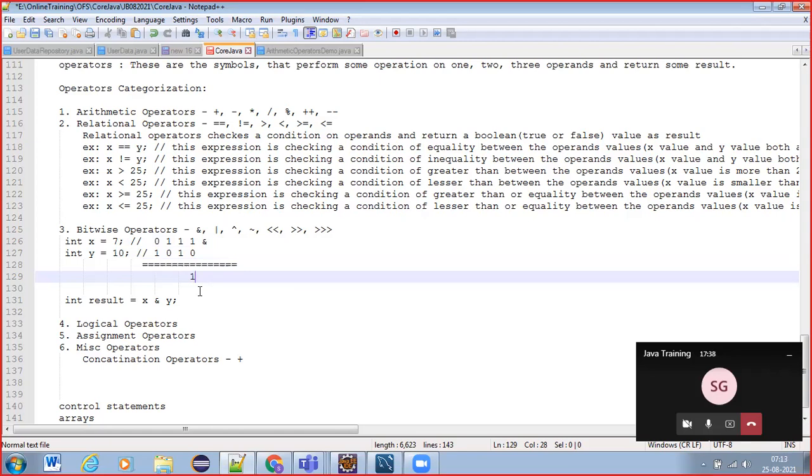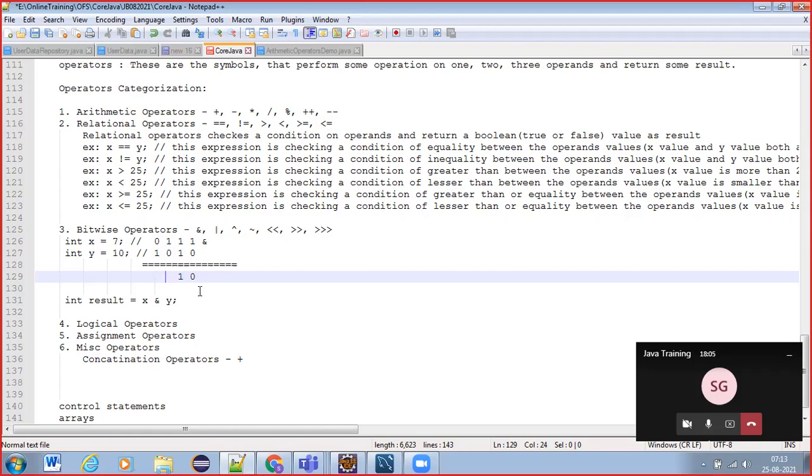1 or 0? 1 only, right? And 1 and 1? 1 and 1, 1. Okay, 1 and 1 is 1, and 1 and 0? 0, right? Yeah, I forgot, guys. It's been a very long time, right? These binary operations I have forgotten.